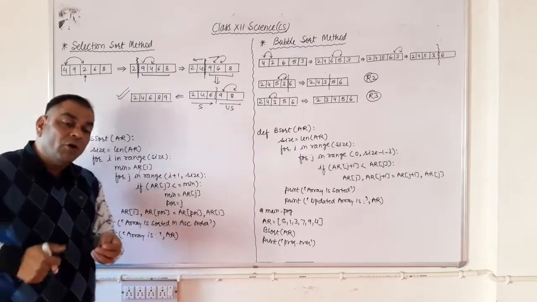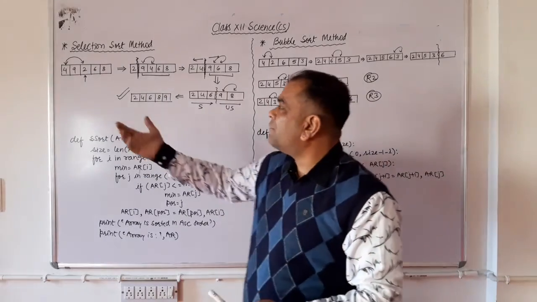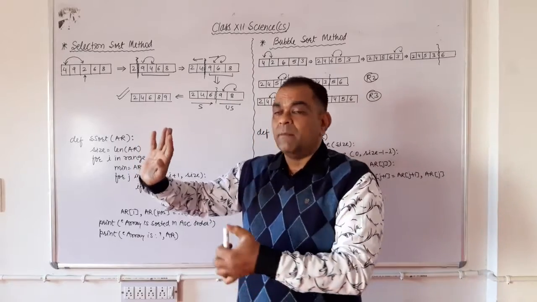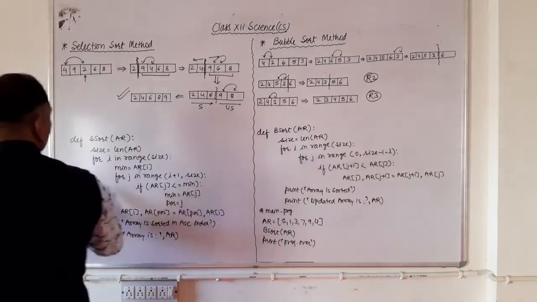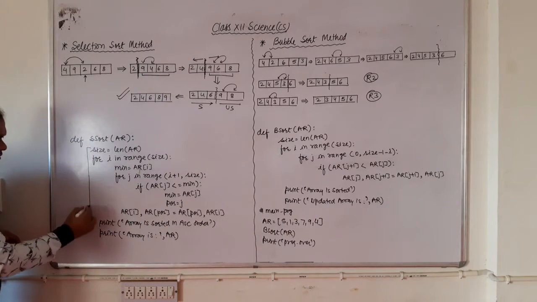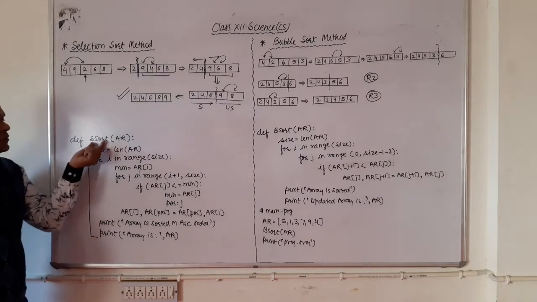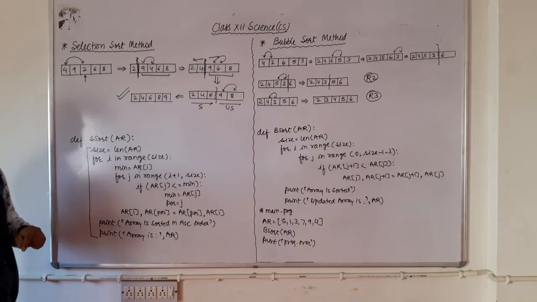Right? Now if you want to arrange the array in descending order, you just find the maximum element from the array and swap the maximum element to the beginning position. Right? Now just see what the code for this selection sort is. Very small code is there. This one. This is the selection sort function. Def s_sort(ar), where ar is the array. Right?